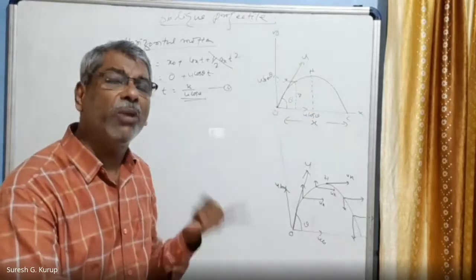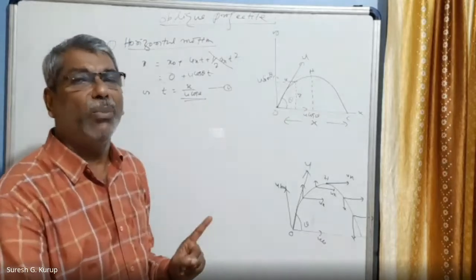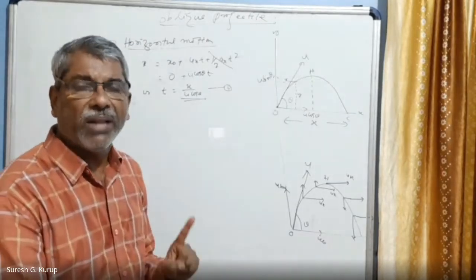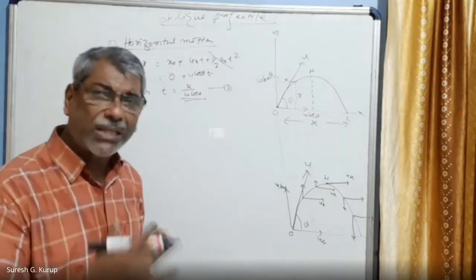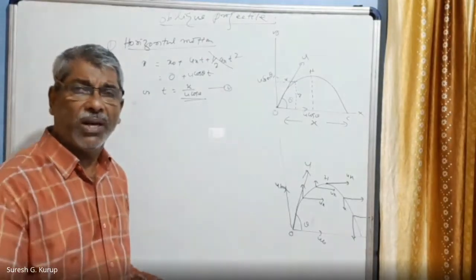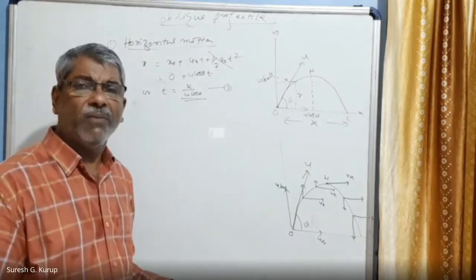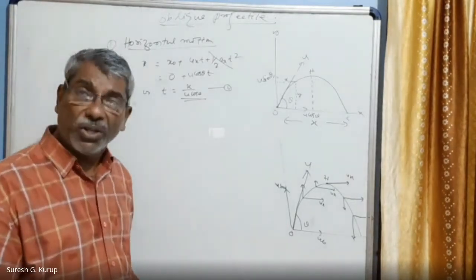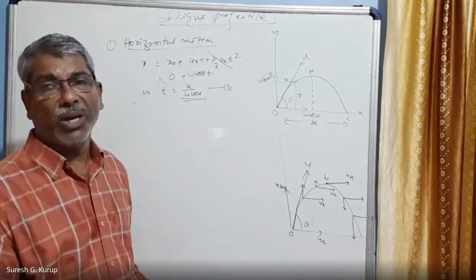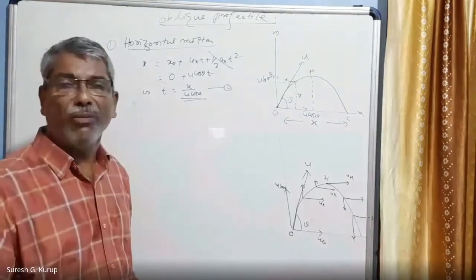But which component becomes equal to 0? The vertical component becomes equal to 0. So what is the vertical component? That is u sin theta, which is equal to 0. So remember that at the top of the motion, at the maximum height of the oblique projectile, the velocity of the body is equal to u cos theta. If the velocity of the body is known, the kinetic energy of the body can also be calculated. That is equal to half m into u cos theta whole square.